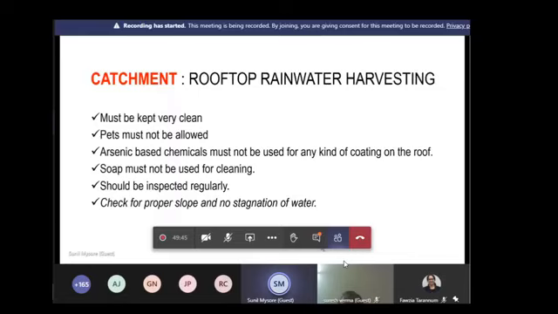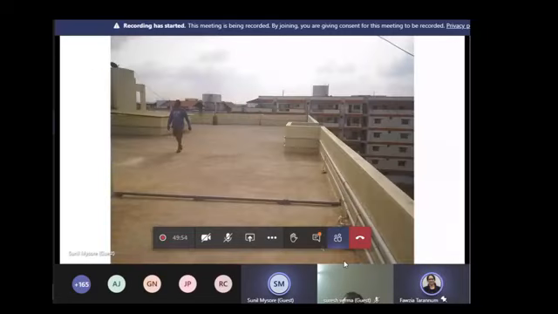This is a typical roof setup. You can see there are no wires. It's kept clean, and most people can walk on it. There's no problem walking, but it's important to keep the roof clean. By keeping the roof clean, I mean there are certain things you have to strictly keep in mind: no crackers, no pets, and no smoking on the roof. If you keep these three things in check, I think it's more or less all right. But keeping the roof clean is very important.